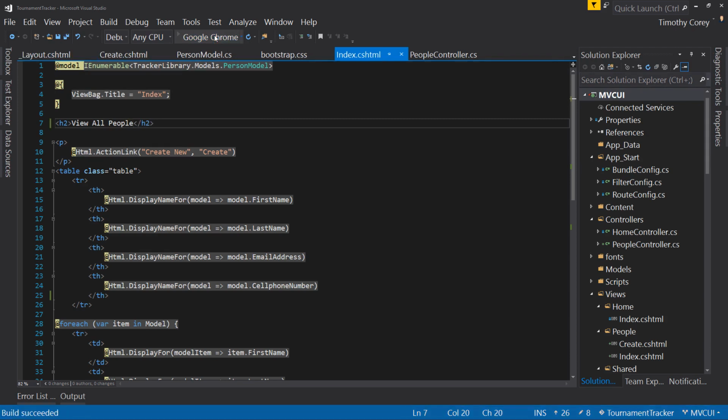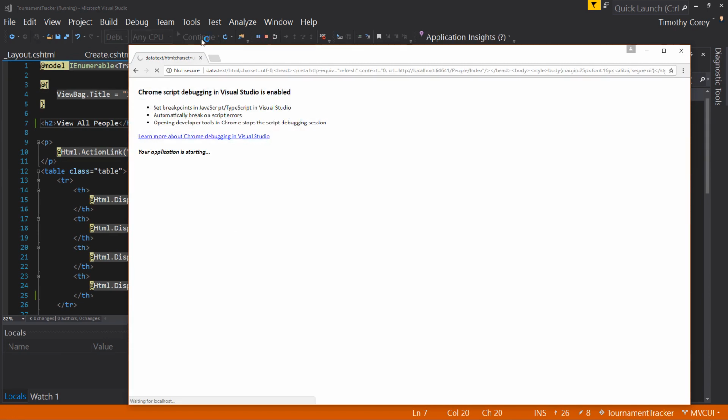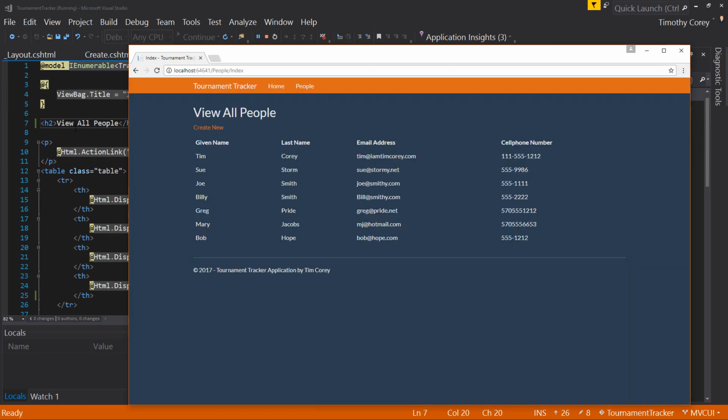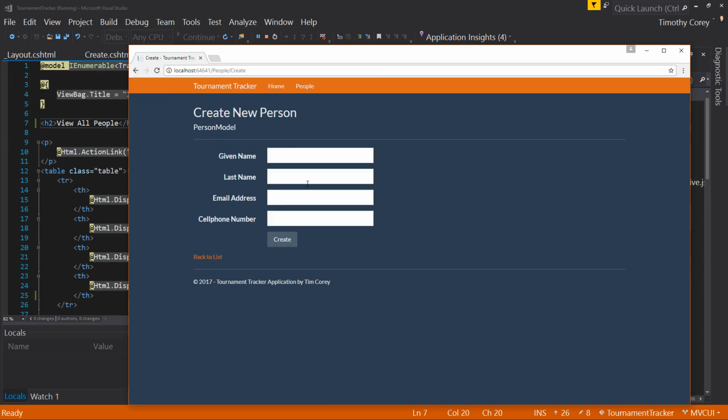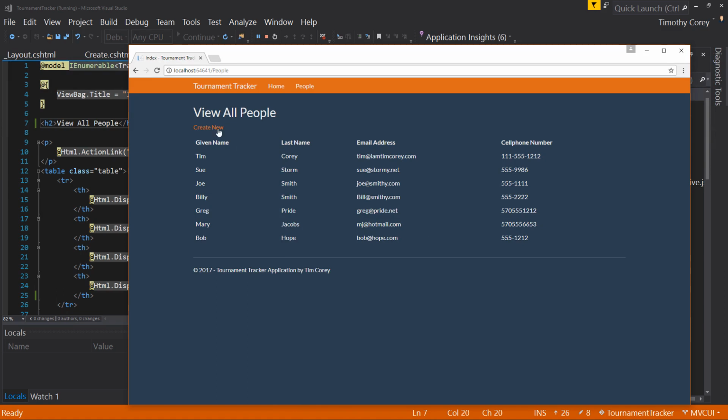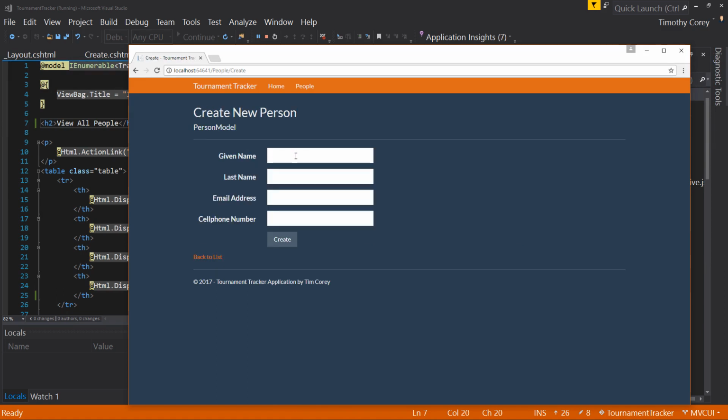And we'll run those just to make sure they work. Of course, they will be just a simple text change, but you never know. So view all people and create new person. That's a little more intuitive, a little prettier. And so now let's just make sure this works by saying Diane Foster. We'll call it Diane at foster.net. And the cell phone number is 9986. We'll hit create. The cell phone number is not valid because we have to have an area code,